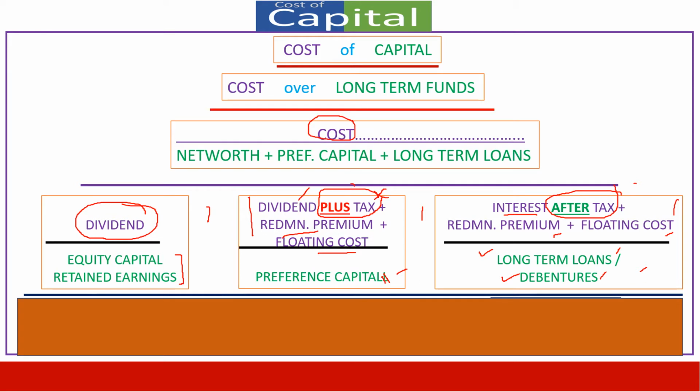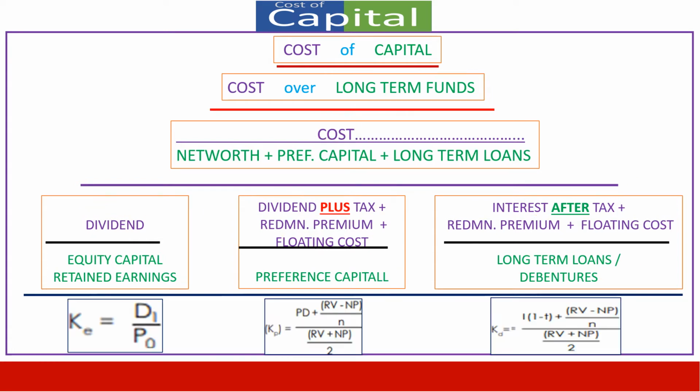In addition to these three, sometimes it is mentioned that short-term loans are taken by the company. But short-term loans do not form a part of long-term funds. Therefore, they will not be considered under cost of capital. And that way, in respect of each of these categories, we will have a separate formula for calculation of the cost of capital. Cost of capital in respect of equity and retained earnings is equal to dividend divided by the price paid. In respect of preference capital, it will be preference dividend,